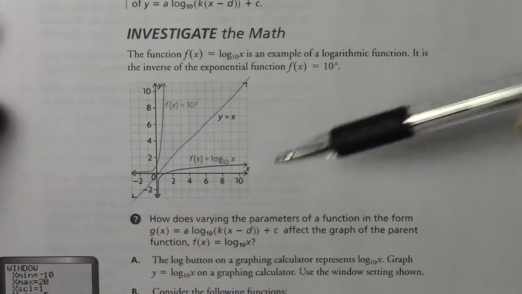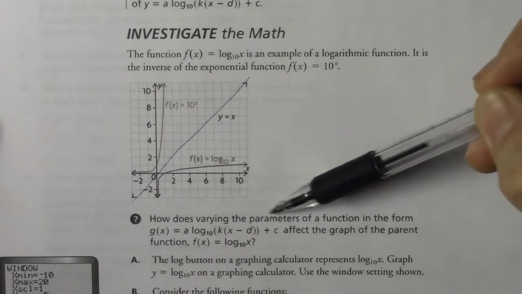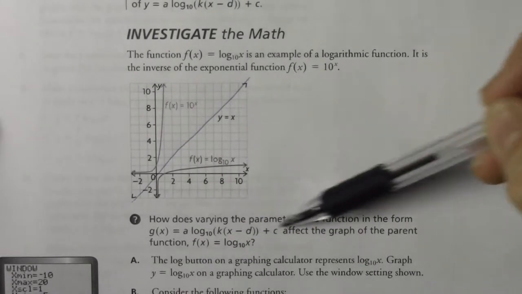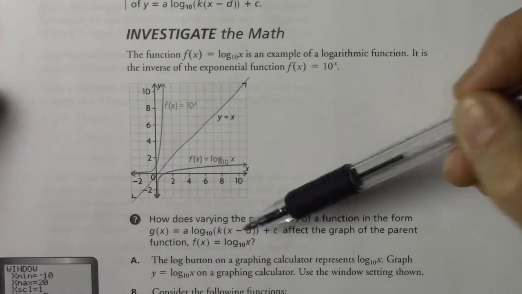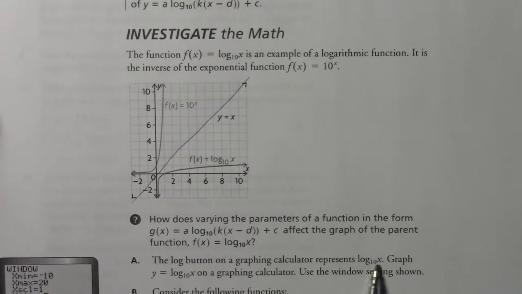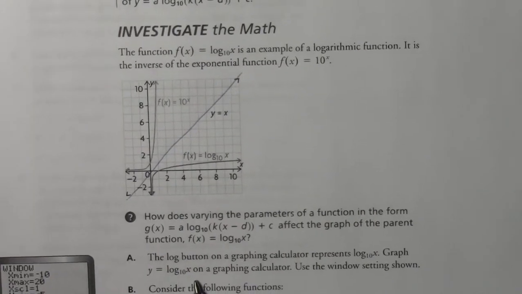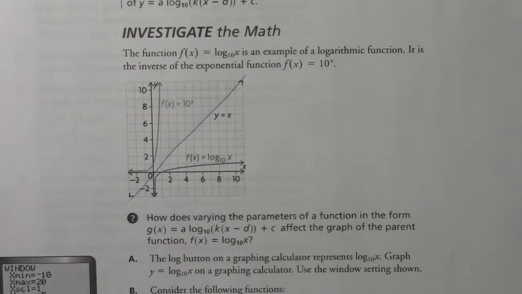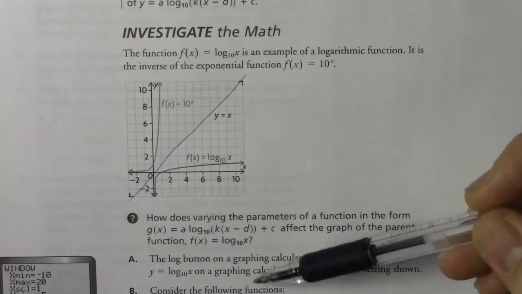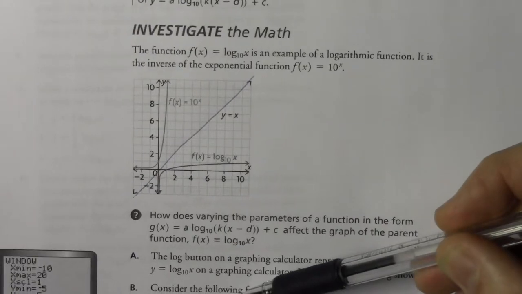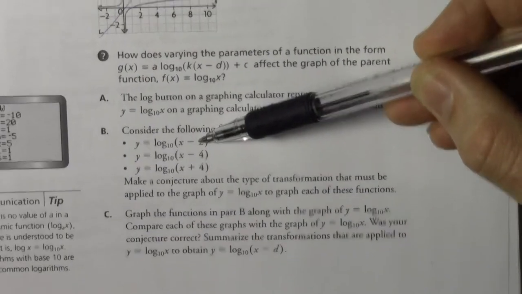How does varying the parameters of the function in this form affect the graph of the parent function? The log button on a graphing calculator represents log base 10 of x. Graph y equals log 10 x on a graphing calculator. Use the window settings. So we're going to get this graph. Consider the following functions. If I were to graph this function,